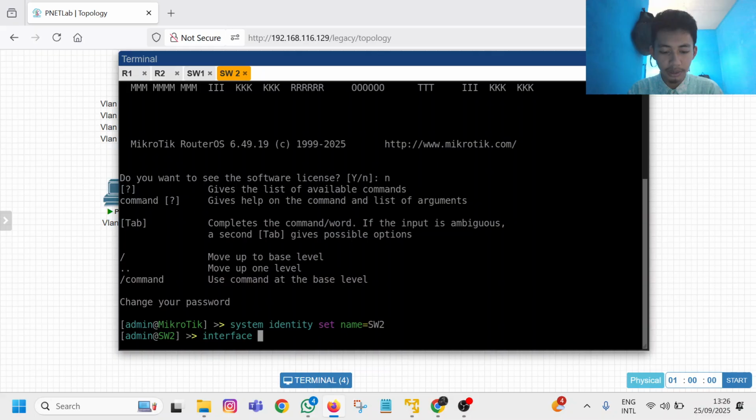Okay, interface bridge add name bridge, VLAN filtering is yes.